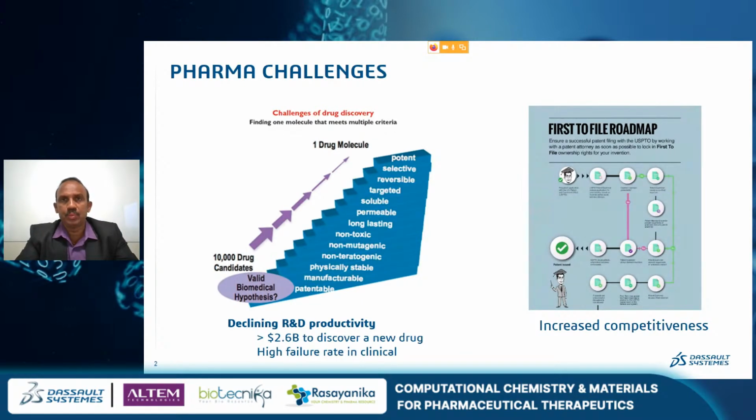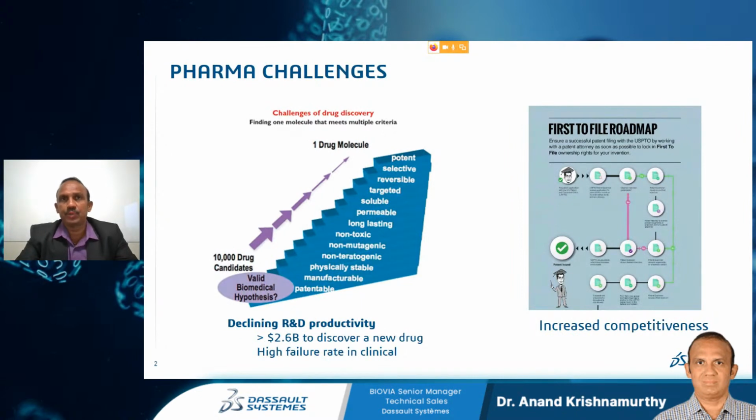And most of the time, to identify, understand and design this molecule takes a huge amount of time, something like 15 to 16 years for the whole discovery cycle and coming out with the drug in the market, and an enormous expenditure of around $2.6 billion. And what pharma companies want is to be the first to patent a drug molecule for that particular disease condition, so that they capture the whole market, or at least become the first patented organization related to that disease. So this is the fight, this is the challenge, and these are the areas that need to be addressed.